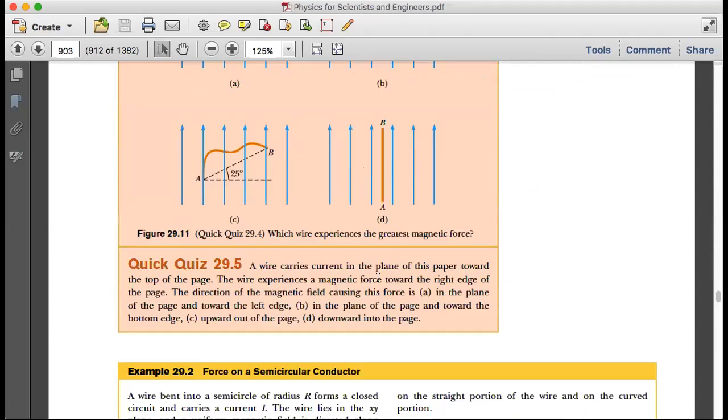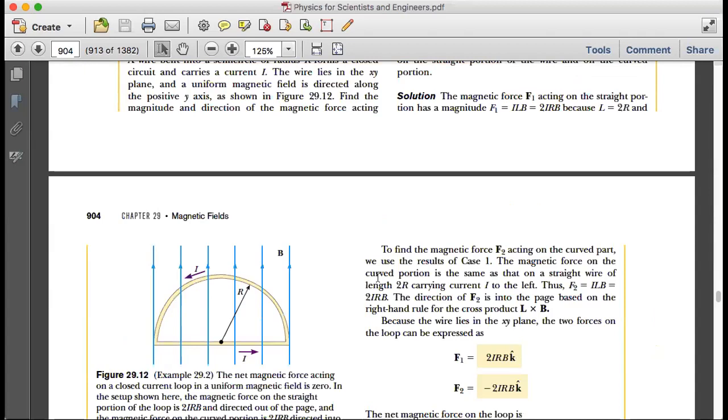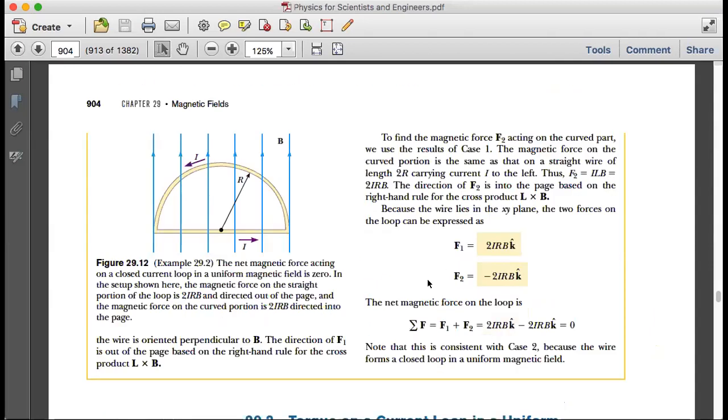Kalau yang tertutup, biasanya kita dapatkan momen magnetik. Contohnya seperti ini, F1 dan F2. F1 arahnya positif, yaitu di garis lurus ini, yang kawat lurus, sedangkan kawat yang bentuknya semilingkaran itu minus. Jumlahnya akan 0. Memang dia diam di tempat, tapi dia berotasi karena ada torsi di sana.